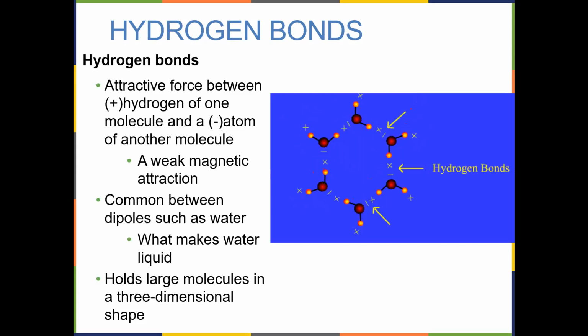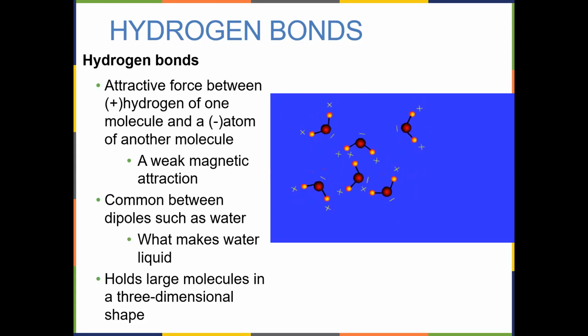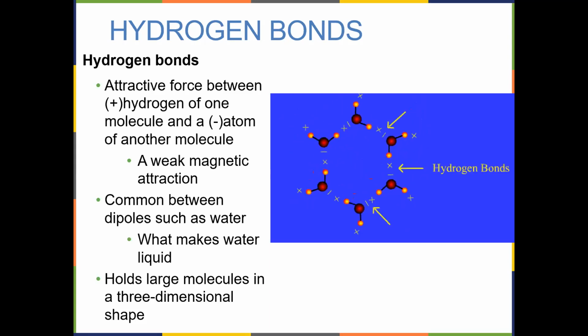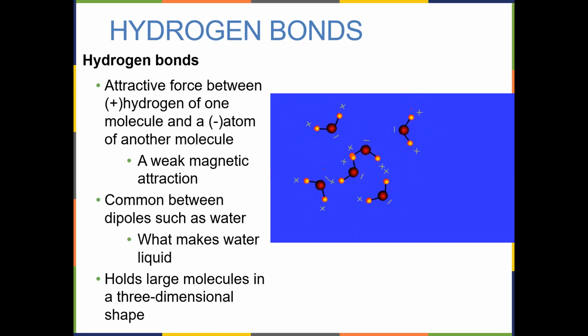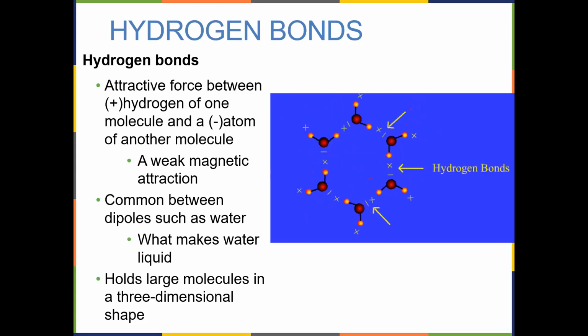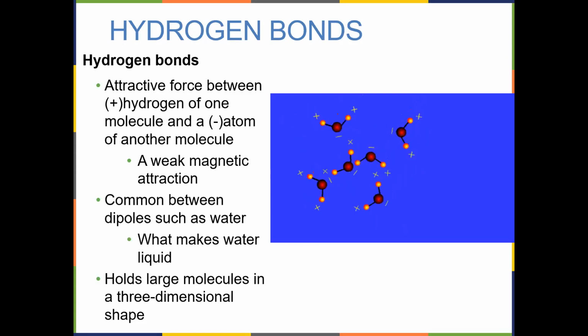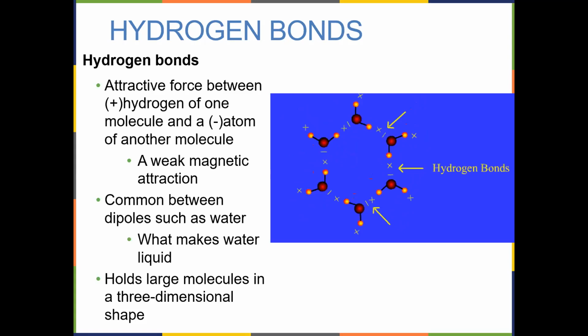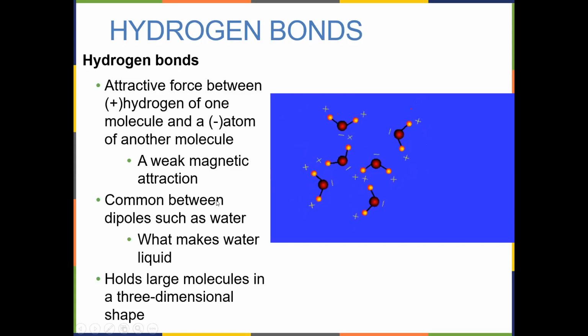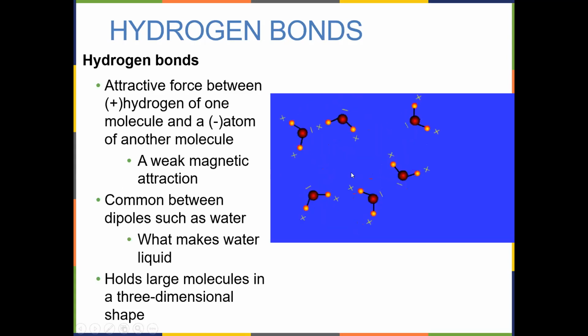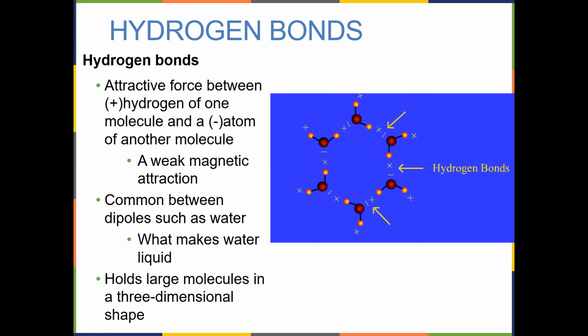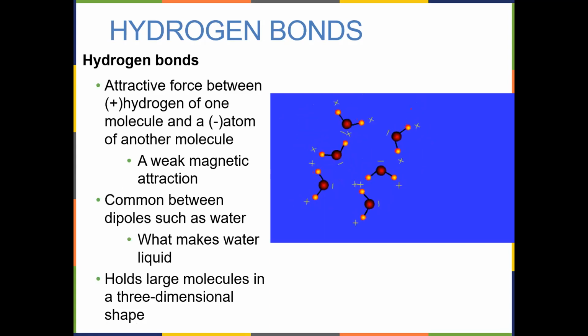Every water molecule has 2 hydrogens and an oxygen. The 2 hydrogens are attracted to the oxygen ends of 2 more molecules. The oxygen end of the water molecule is attracted to another, or maybe 2 more hydrogen ends. And so it forms bonds like this. Now, this is a very weak bond.